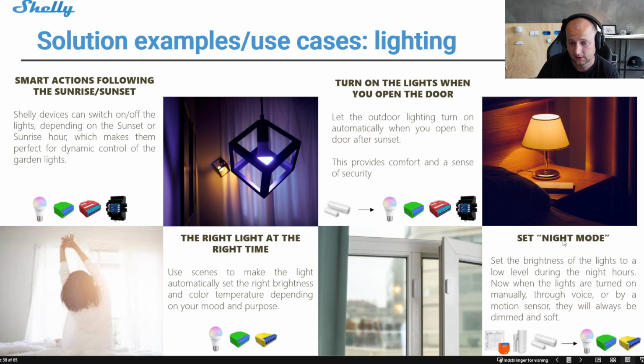All Shelly devices that can control lights or is a light bulb have a built-in night mode, and the information is stored inside the device so it remembers. So even without internet, it will work. So when you activate the night light, you can set a period when you want the light to dim down. So for example, if I go up in the night, I want to go to the toilet, the light turns on maybe because of a motion sensor or something else. I press the button, then it will automatically dim down to 20% or 30% light, so it's easy for me to come back and go to bed again.